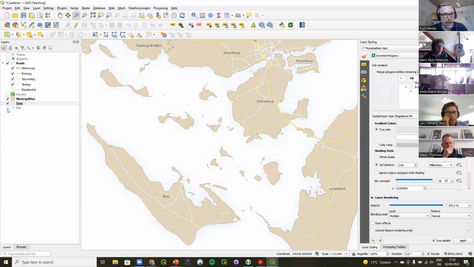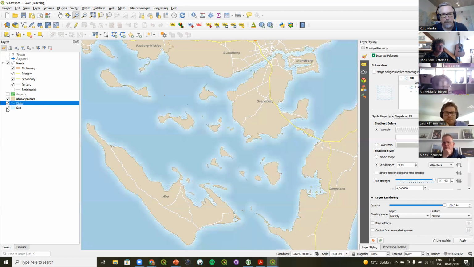And now we can turn on the sea layer below. And we have the dots combined with the sea. So you can see near the coast now, you kind of get this stippling effect. So this is a classic cartographic technique called Ben Day dots. And it's just another way that you can set a map of a coast off,